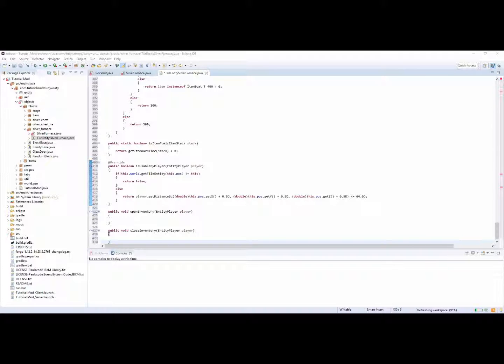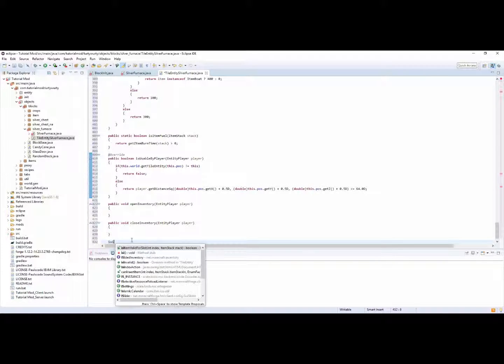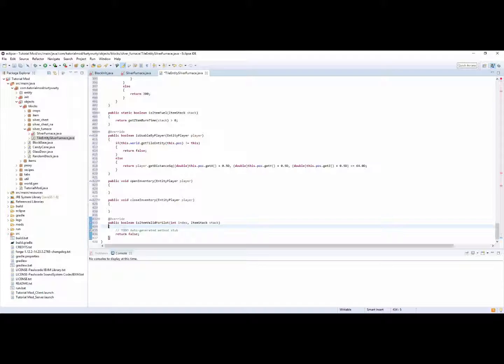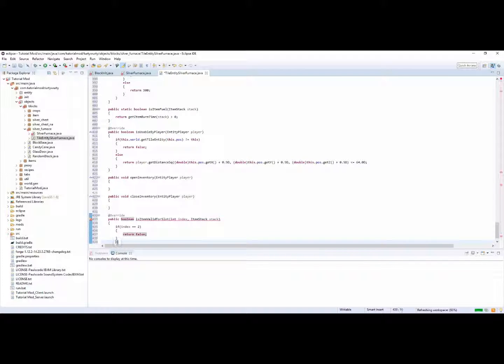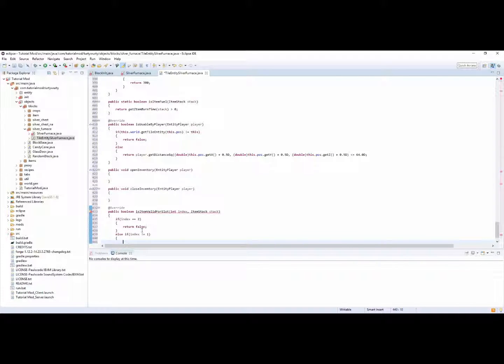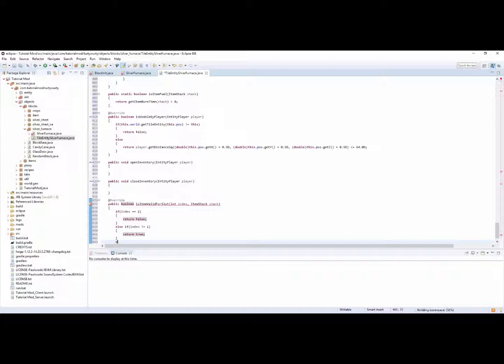We still have quite a lot left. So we have isItemValidForSlot. In here, what you want to do is: if index is equal to 2, then you want to return false, else if index is not equal to 1, then you want to return true, and else